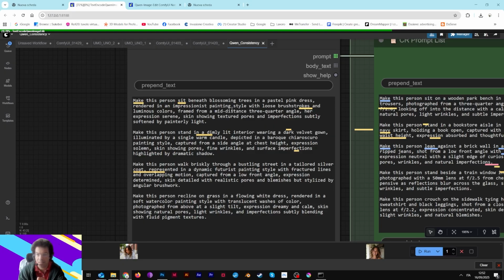Okay. The second one is make this person stand in a dimly lit interior wearing a dark velvet gown. So this is more dramatic, baroque. Okay. The third one, a silver coat, dynamic futuristic paint style with fractured lines and overlapping motion. So something very strange and futuristic. Who knows